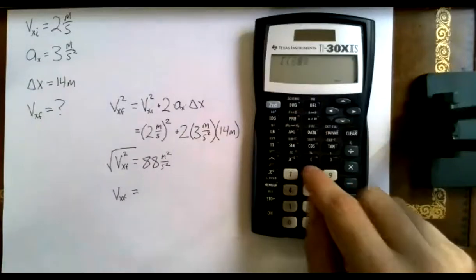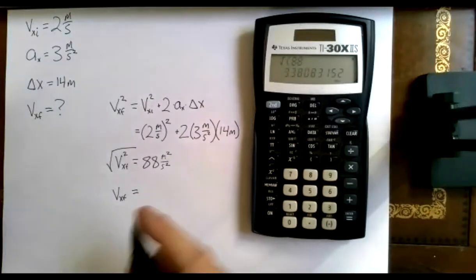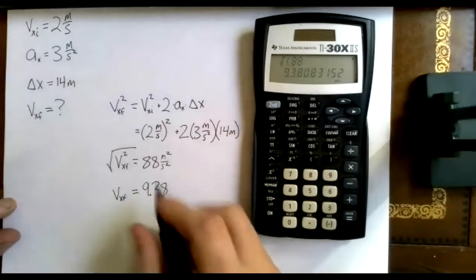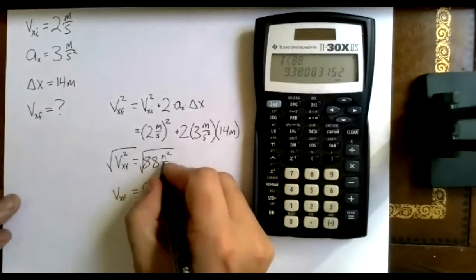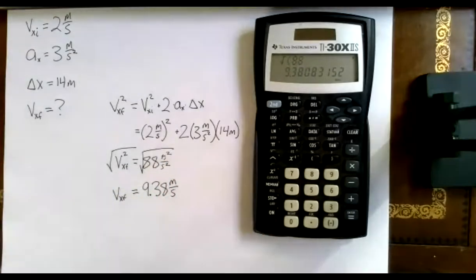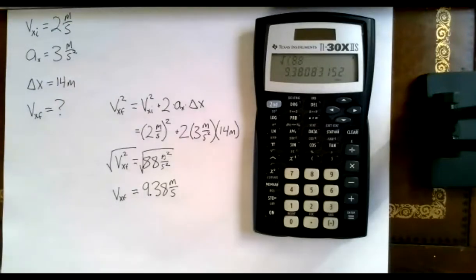So square root of 88, 9.38. And if I take the square root of meters squared over seconds squared, I just get meters over seconds. And that's the unit for velocity, so it seems like we did the units right. And 9.3 meters per second, that seems like an okay speed for if you started at 2 meters a second and accelerated for a while. Okay, anybody have